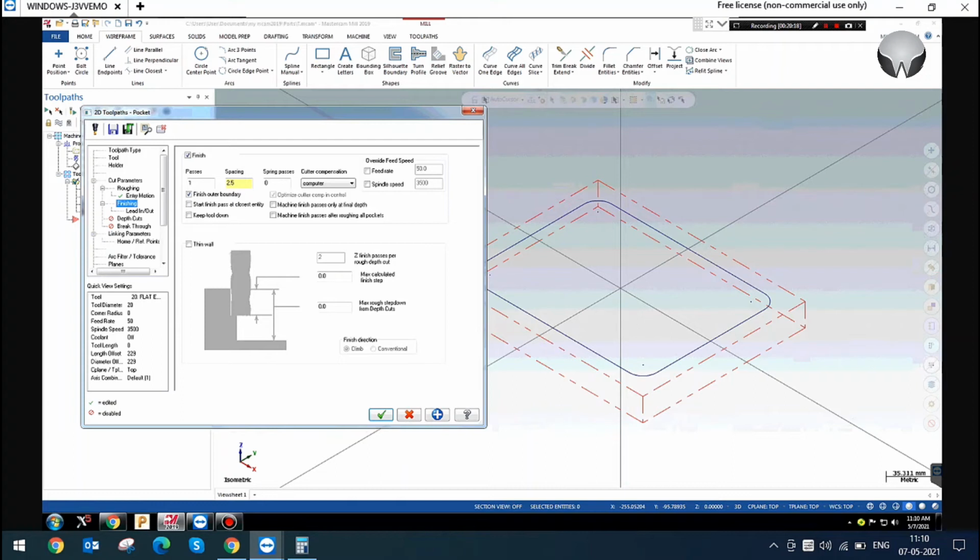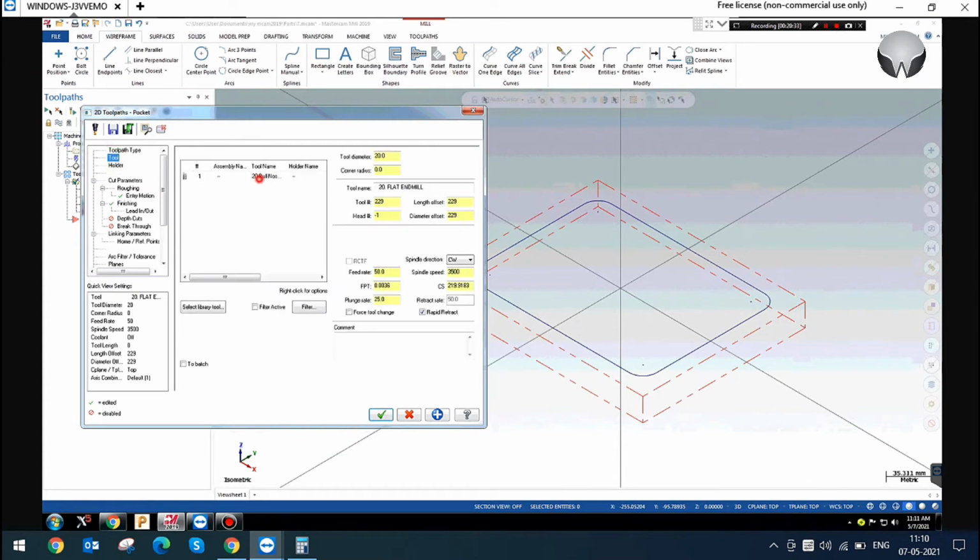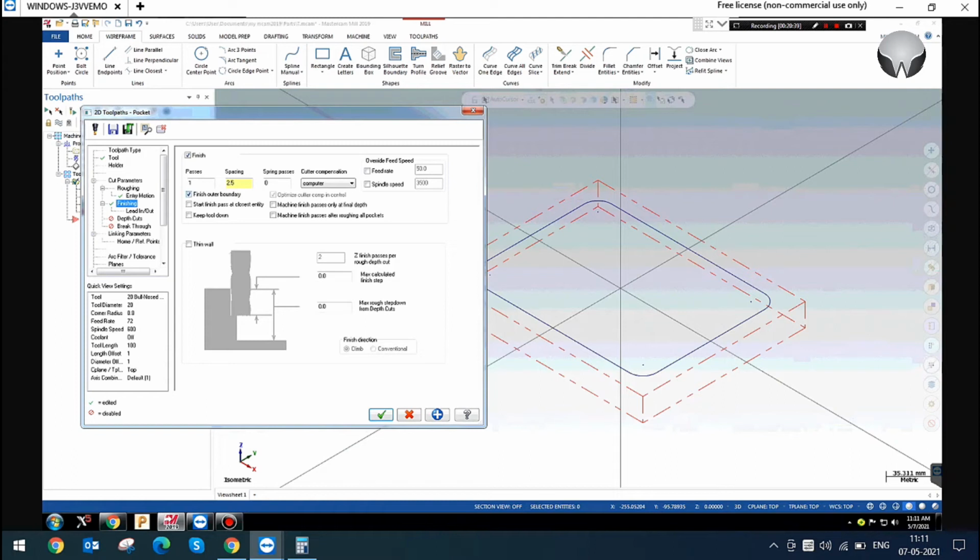Now the finishing toolbar. Finishing means, if you want wall finishing with this tool, this is only wall finishing, brother, not floor finishing, only wall finishing. So number of passes and spacing. So now we are using the insert cutter, right? How will we finish the wall with the insert cutter? If you give the flat end mill, we can finish this operation with this tool. Wall.